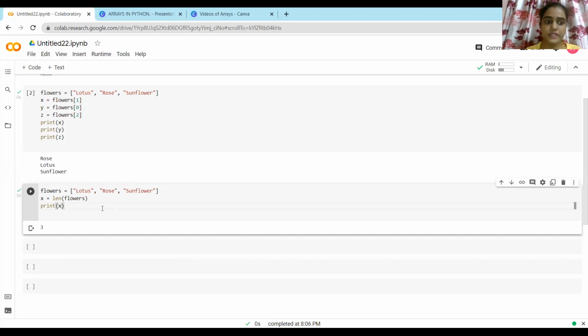Now, we can even count manually that there are three elements in the array, but this was an easy example. If you are working in a large organization or company and come across big data sets and have to find the length of that array or data set, then this function can be very useful. Just within seconds you can get the length of this array. Understood?